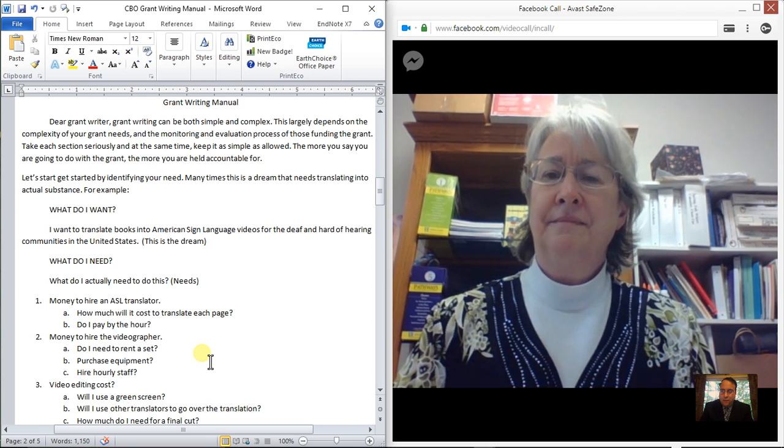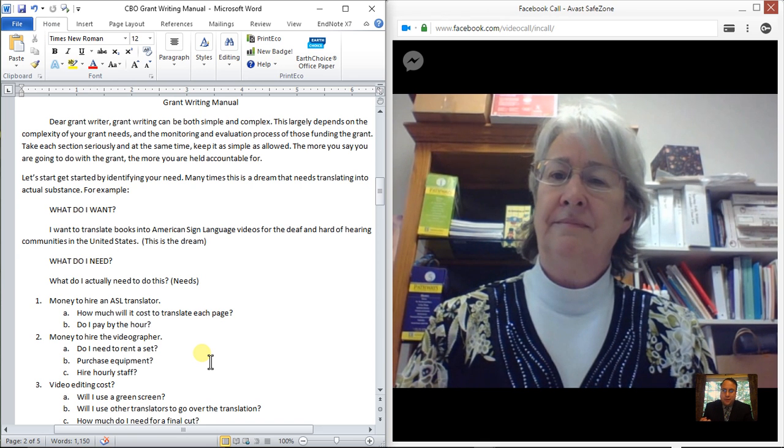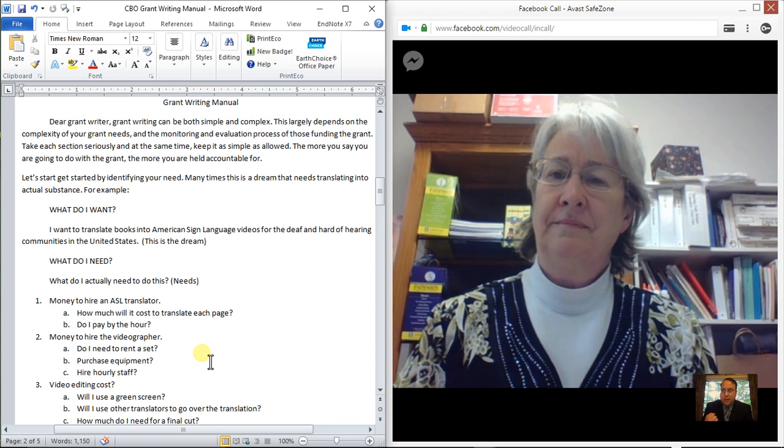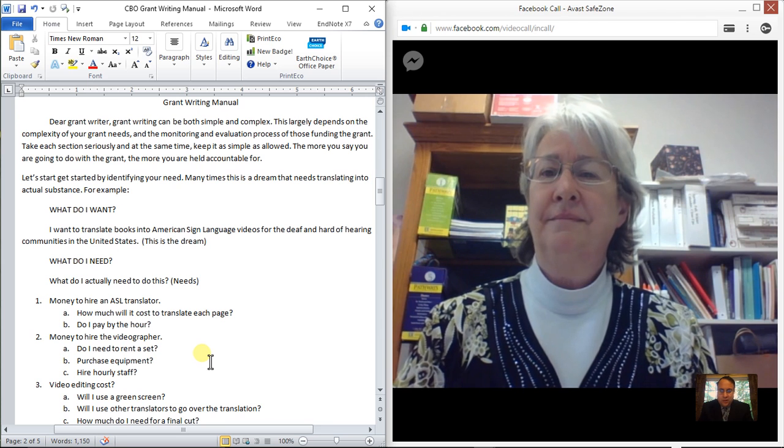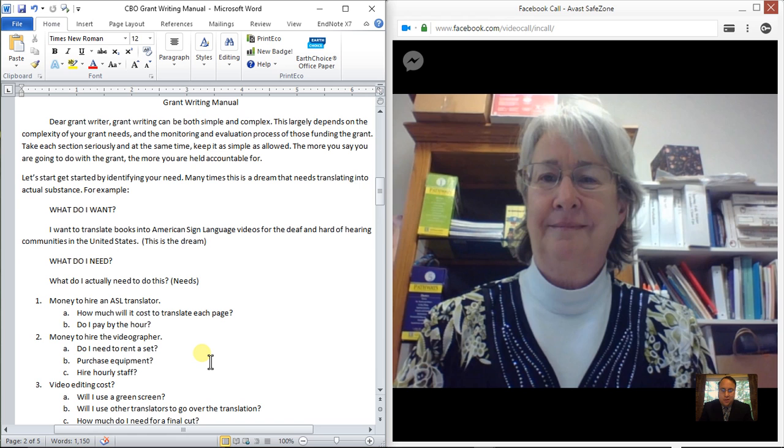Here in the example I've written, I want to turn books that are meaningful into American Sign Language so that the deaf community, the ASL community, can appreciate the books that I get to appreciate too. Now, just a diversion here, most people that are in the deaf community don't understand our language as well as hearing people because their grammar is completely different.